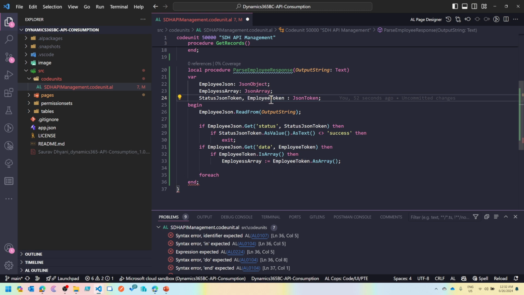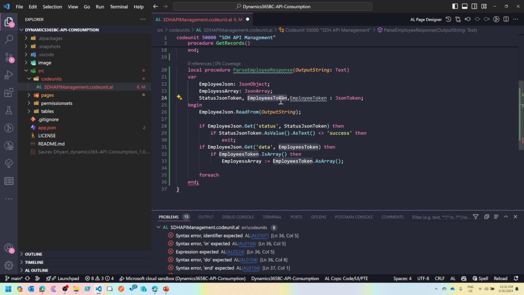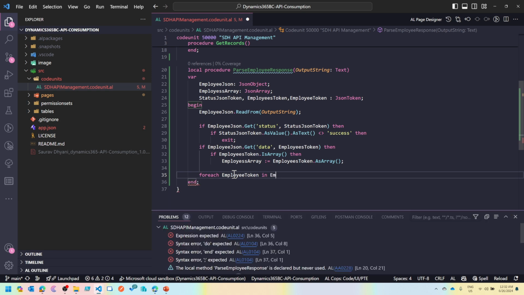Let me change this to employees token because it's multiple employees, and then let me create one more token and call it employee token. So don't get confused. The employees token is representing the whole array, whereas the employee token is just one employee into it. So I'm saying for each employee token in the employee array,